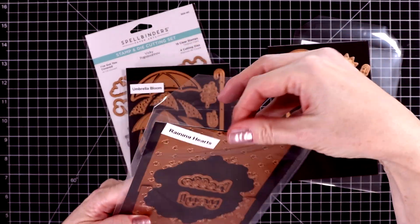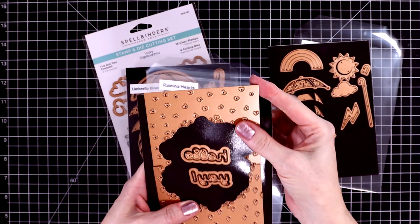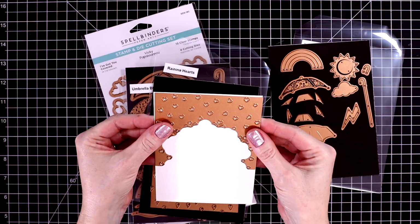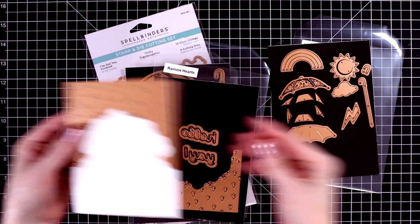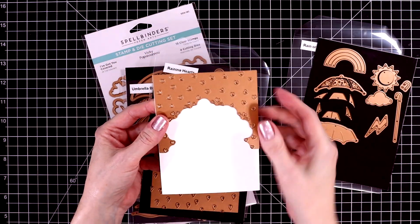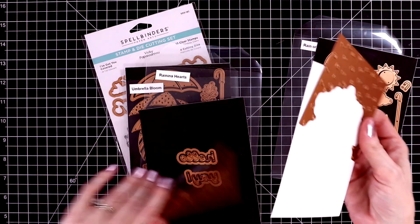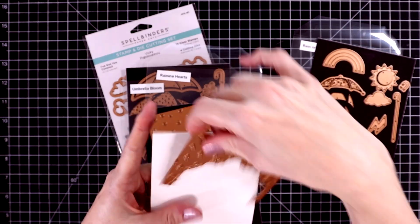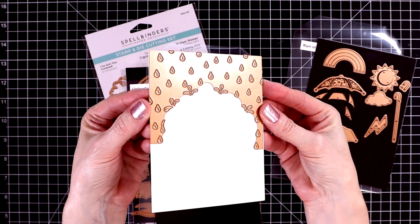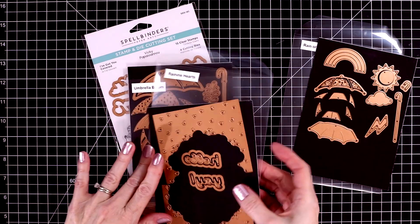Next up is Raining Hearts. Now this one's really fun. It has two different pieces that you can use. So this one is the hearts. And it just cuts out these dainty little hearts that you can place an umbrella beneath. In this opening, you get two sentiments with the shadow pieces, and they say yay and hello. And then the second plate cuts out raindrops. So this set would be great for spring or Valentine's, but I'm going to use this on a Valentine's Day